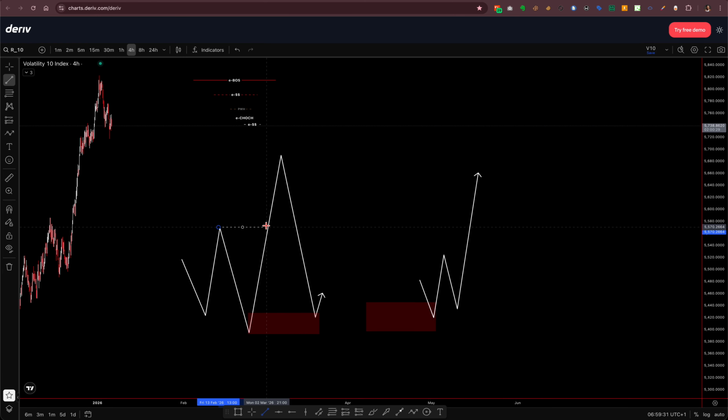So this is a break of structure, right? This is a break of structure. So this is the H4 and this is the M15. So this is just a zoom in of what is going on here. Okay, so basically some of those zones, right, pressure points we are looking for are these POIs on the H4